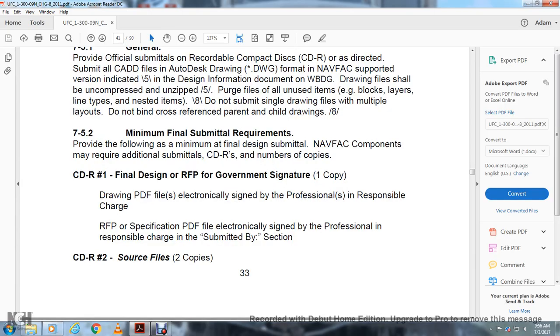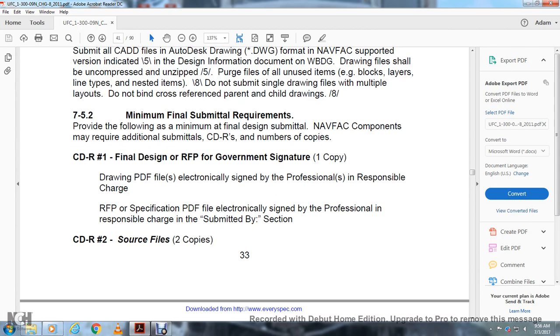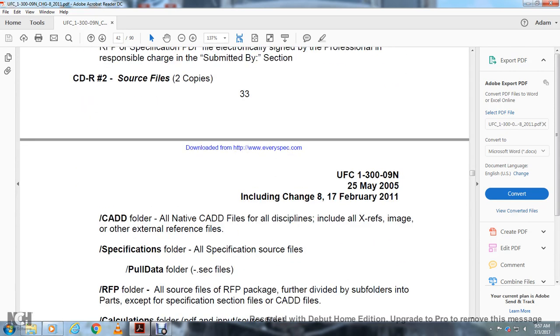Number of the copies. CDR number 1, final design request for proposal, government signature. Drawing PDF electronically signed with professional responsibility of the charge. Request for proposal solicit specification of PDF filing electronically signed with a professional engineer professional and responsible charge and submitted by the section. CDR number 2 source files 2 copies CAD 4 followed by the native CAD file for the